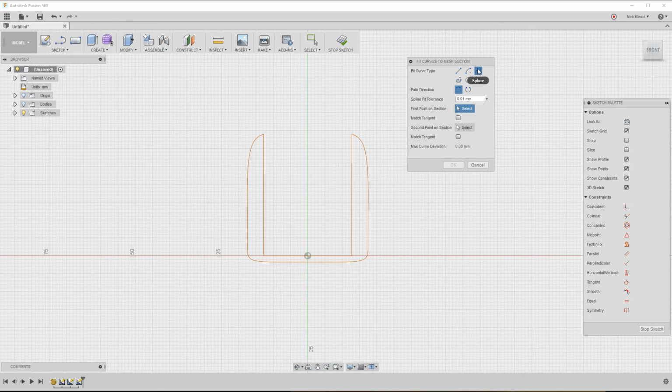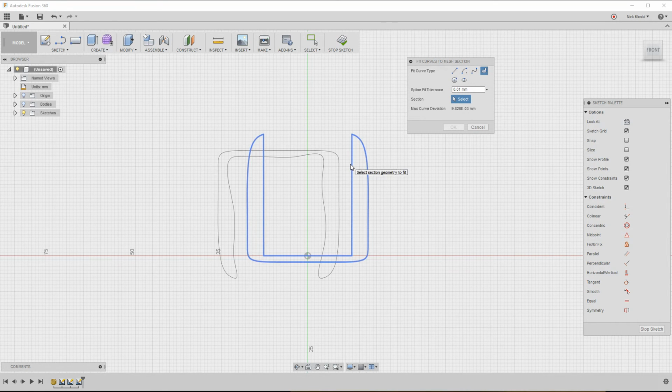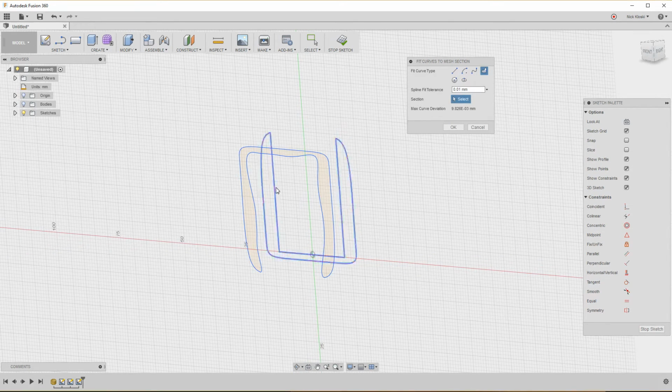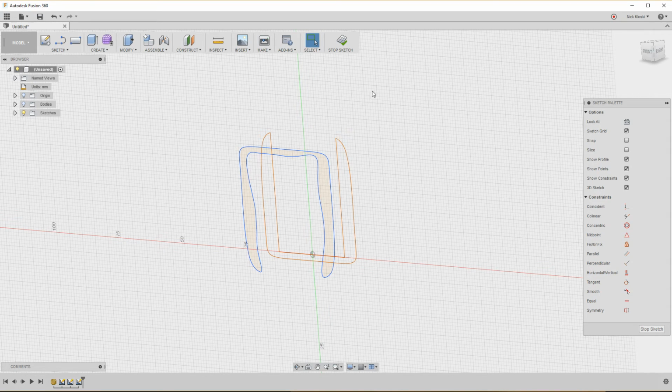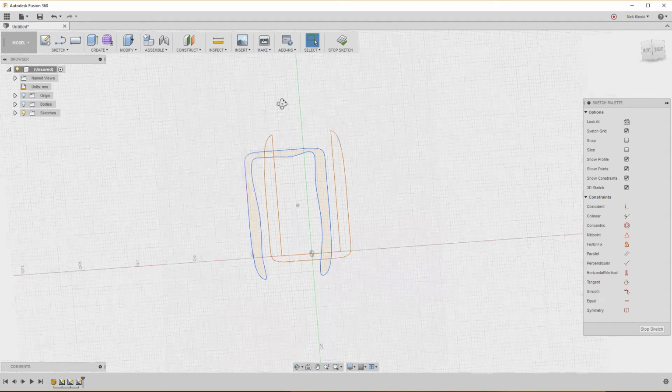For the fit curve type, you have some options up here, and I'm going to say that this is a spline, and it's a closed spline. I can click on this right around here. It changed it because I did it upside down, but you can get the idea. So this created a